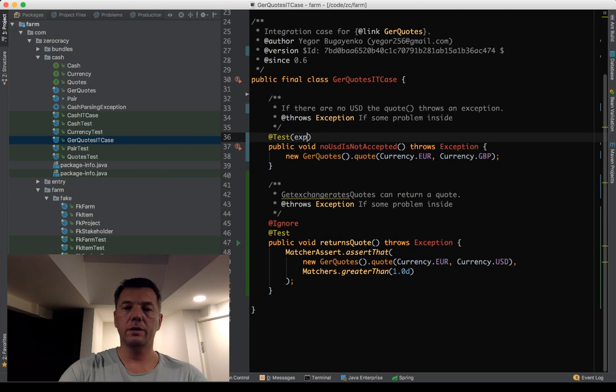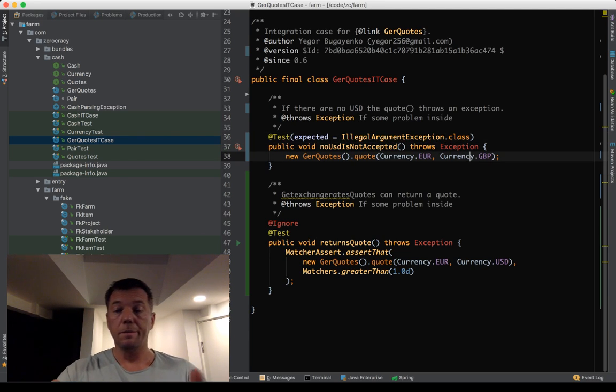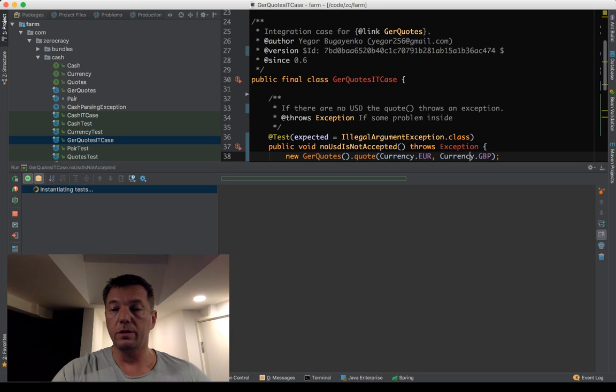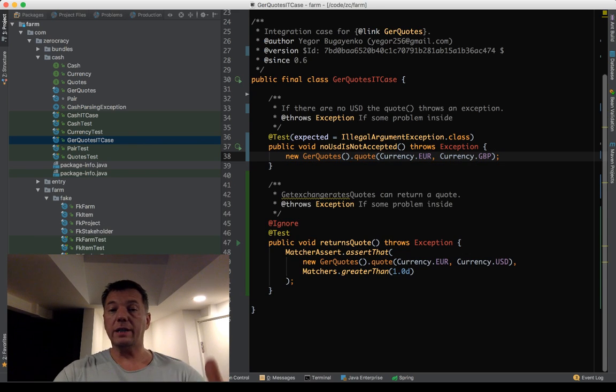We can say that the expected exception is illegal argument exception. So now we're just testing this initial validation in front of the method. See, it works. For testability, it's okay.